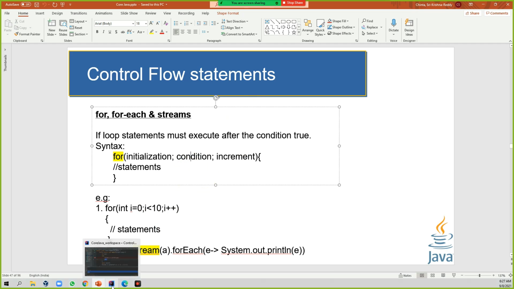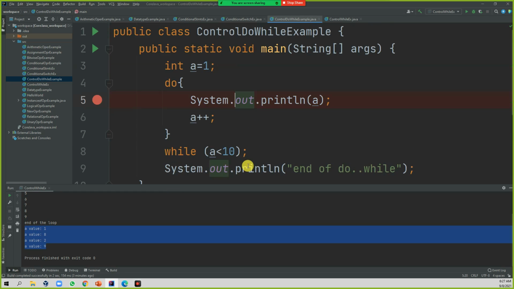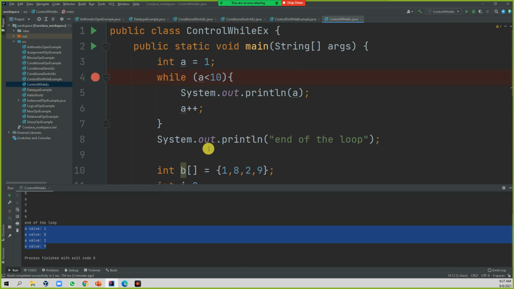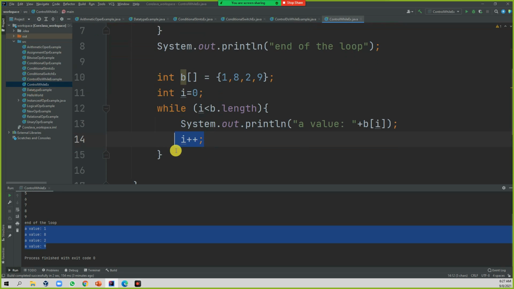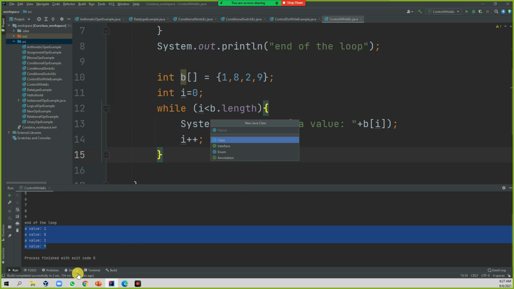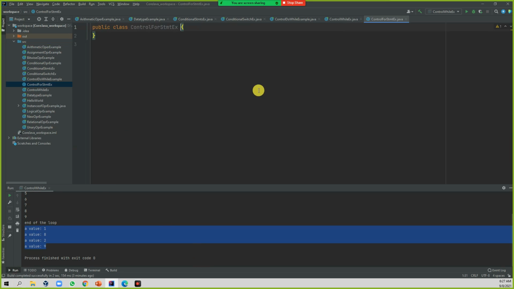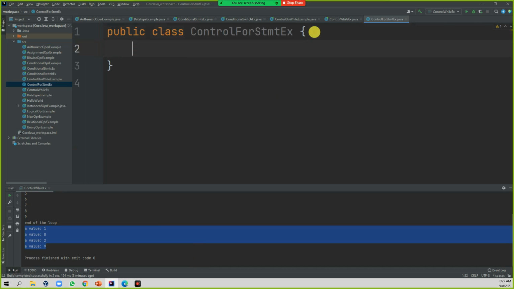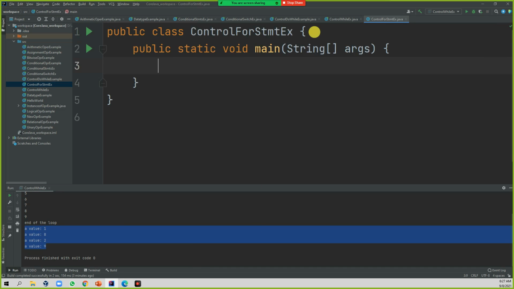We'll see an example for that. I'm taking the same array we wrote before, the same kind of array I will use for for also. We will retrieve it, then we'll see the result. Let's write the program for that. public static void main,